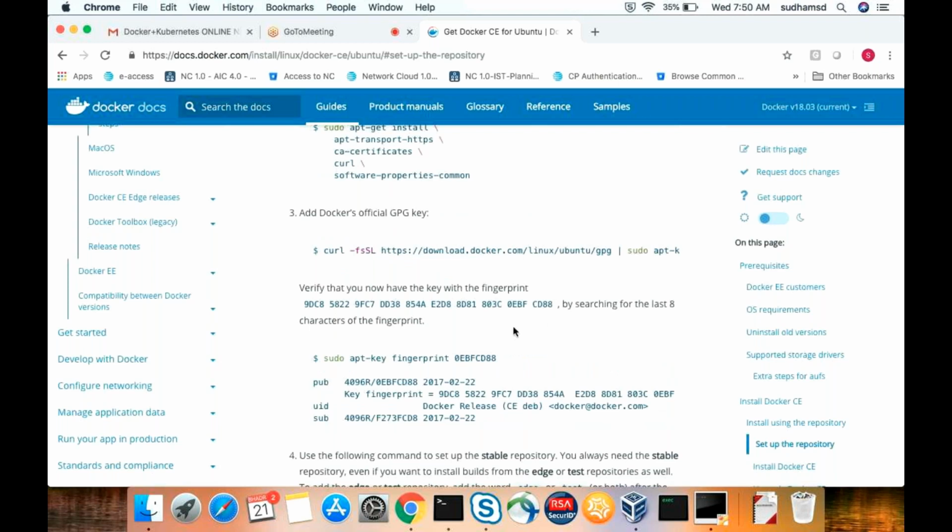Are these certificates from the official Docker repository? The certificates will be located in /var/lib/docker and PKI, and there you will find your certificates. They are generated by default by Docker.